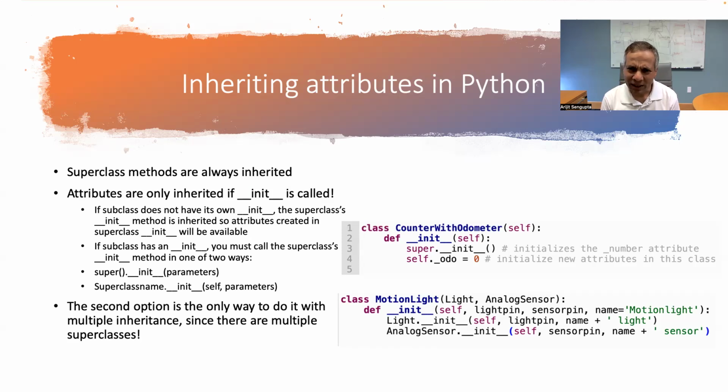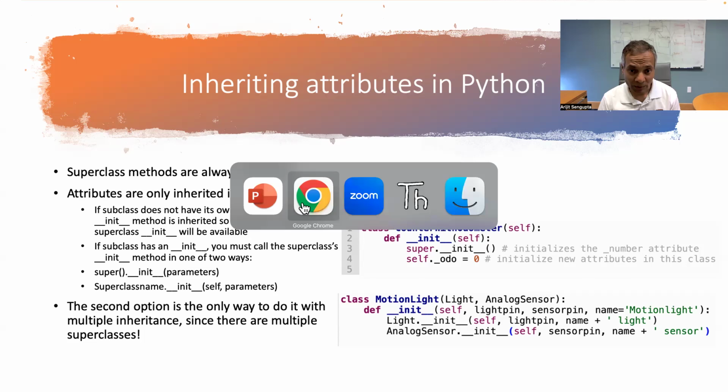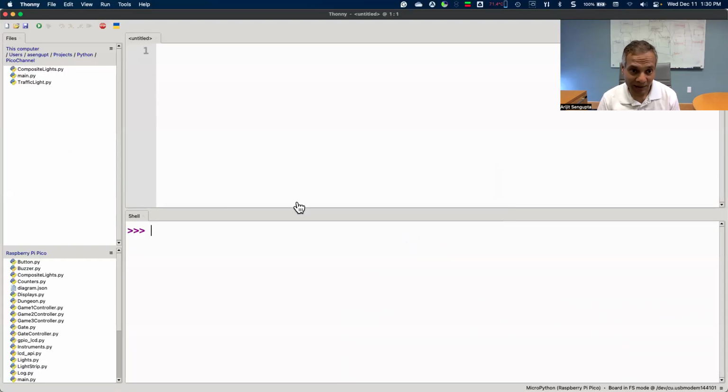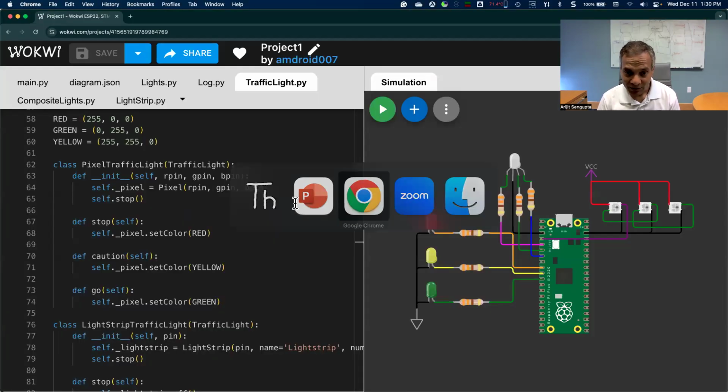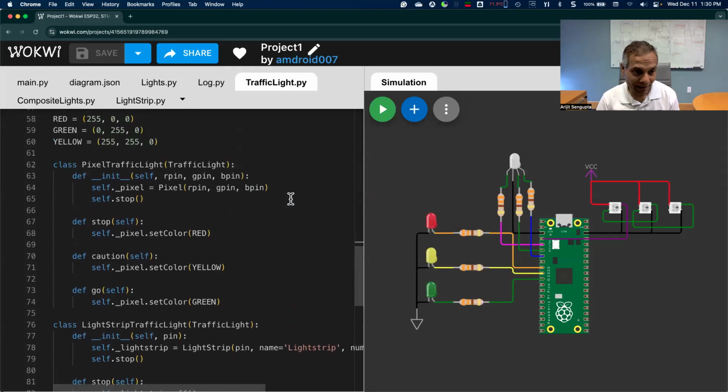So you're going to ask, well, how would you ever have that situation where init is not called? Don't you always call init when you create an instance of a class? Yes, you do, except if you have a subclass which has its own init method. So for example, in this case, our pixel traffic light was a subclass of traffic light. That has an init method which only